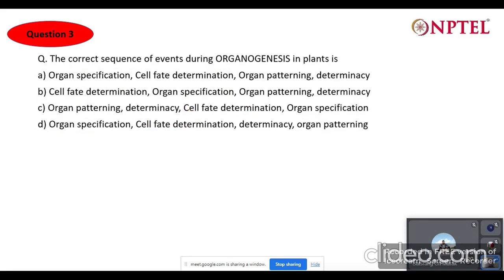Then moving on to the third question: the correct sequence of events during organogenesis in plants is,